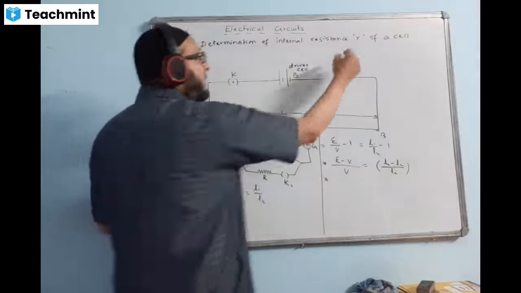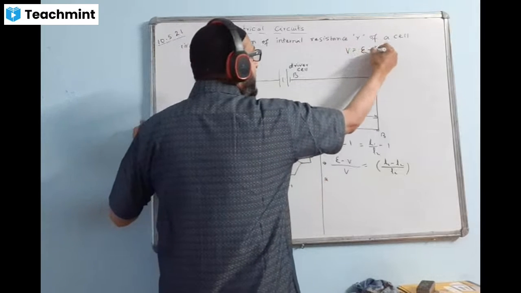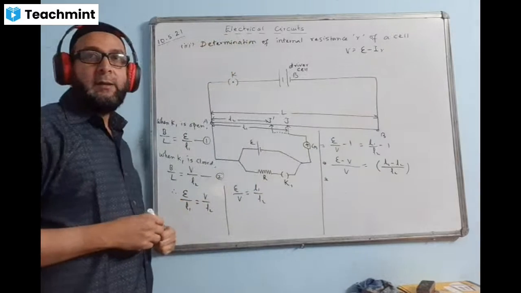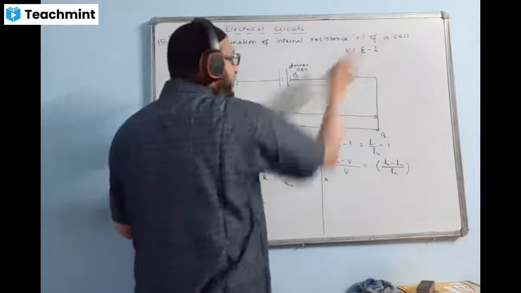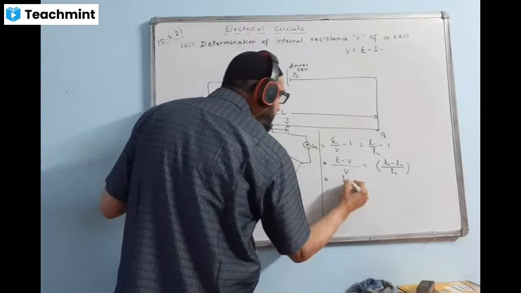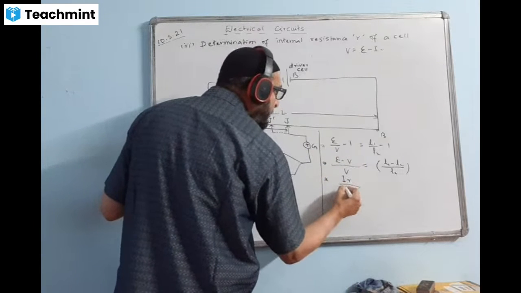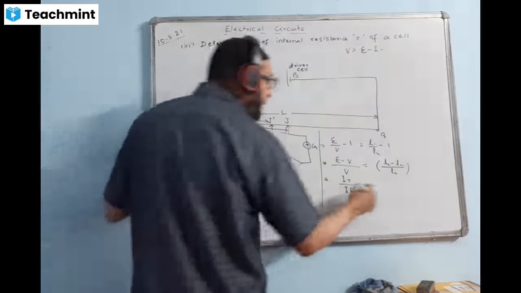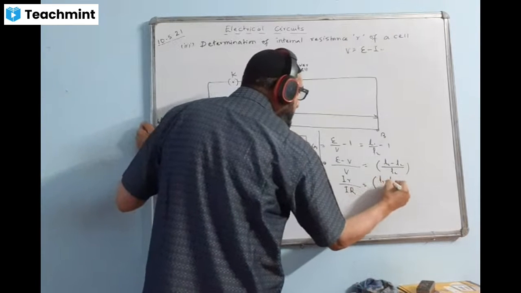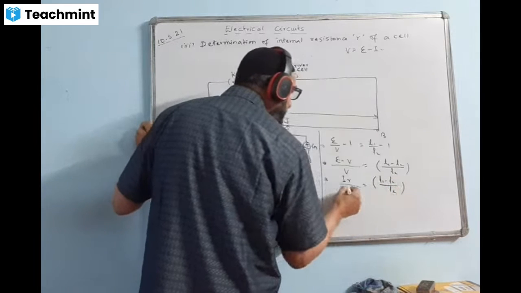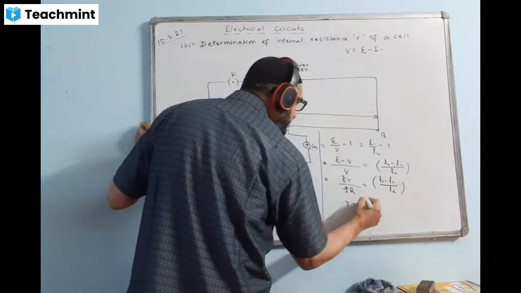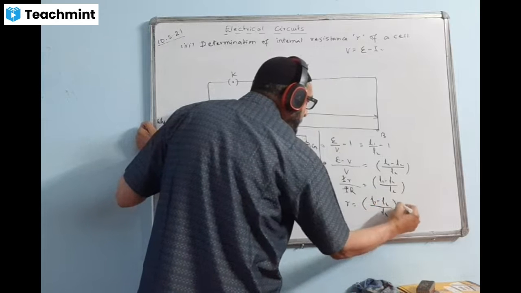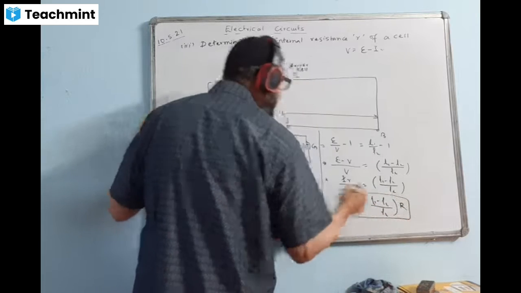Do you know the formula, we have the formula for terminal voltage and EMF of the cell. The relationship is like this. V is equal to E minus Ir. Therefore, E minus V will be equal to I and small r. And capital V means external voltage or terminal voltage, I into capital R, the voltage across this resistance. Here I'll write L1 minus L2 by L2. I and I cancel, make small r the subject of formula, you get the answer r equals L1 minus L2 divided by L2 into R. This is the formula of finding the internal resistance of the cell.